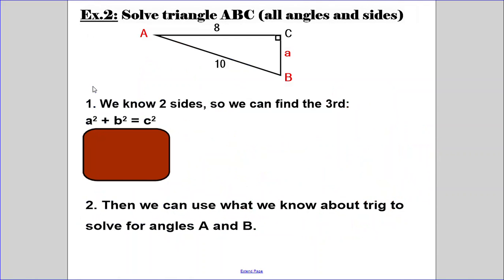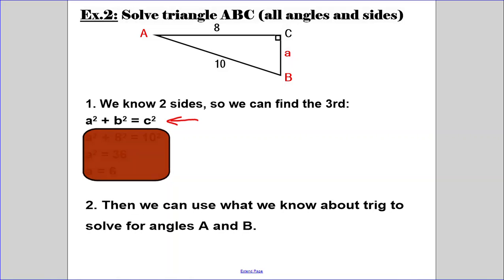So one more example: solve triangle ABC, which means finding all the angles and the sides. We've got angle A, angle B, and angle C. We know angle C is a right angle, and I have two of the sides already. We know the hypotenuse is 10, and one of the side lengths, in this case B, is 8. So we know two sides, so we can find the third. We can do that using the Pythagorean Theorem, which is something that you would have learned quite a while ago